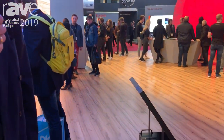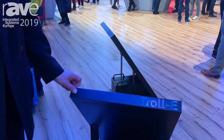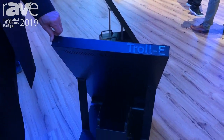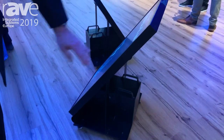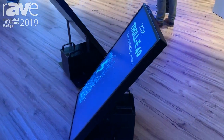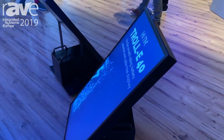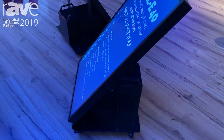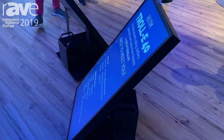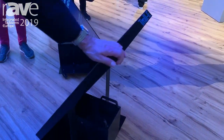I now want to present you one of the highlights on our booth, the Troll-E. The Troll-E is a completely wireless display for signage or for many other applications. It's a prototype. It has a player, a Raspberry Pi player inside, and it is, as you can see, battery